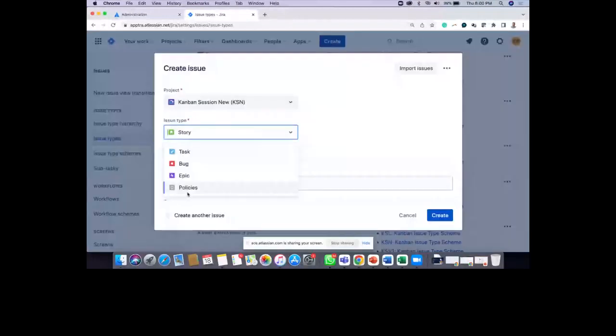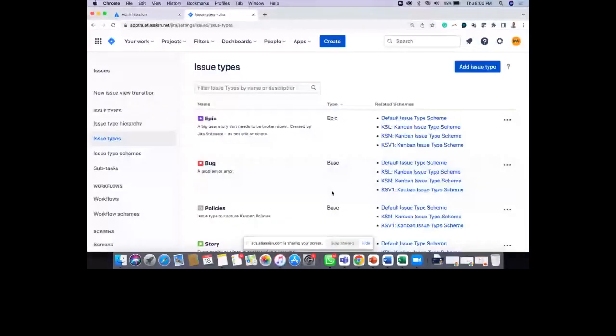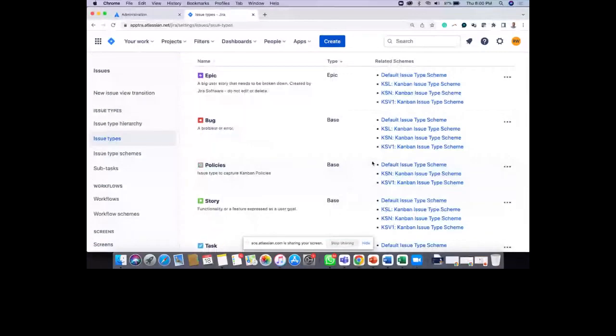And again, be mindful about this. When you're adding new issue types, you will need to associate the applicable workflows to this particular issue type. So I've gone with the workflows and the schemes that I've created for my demo purposes. I've already configured that.